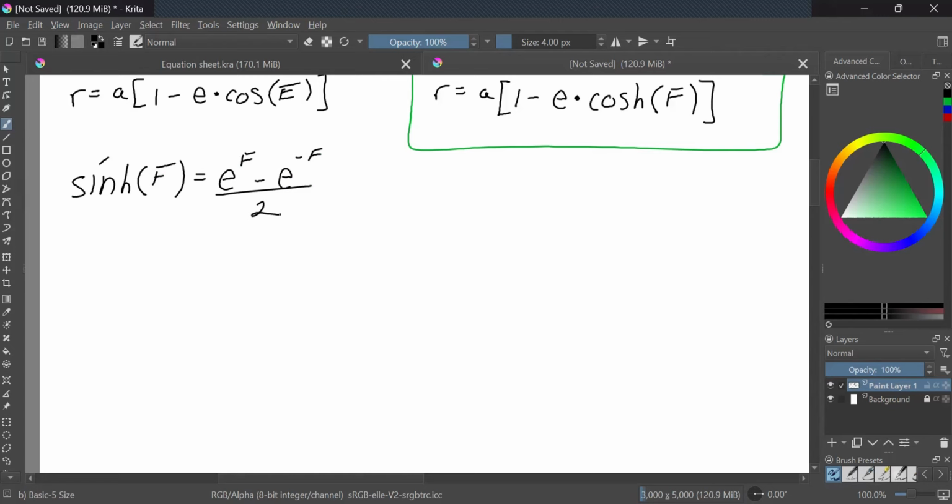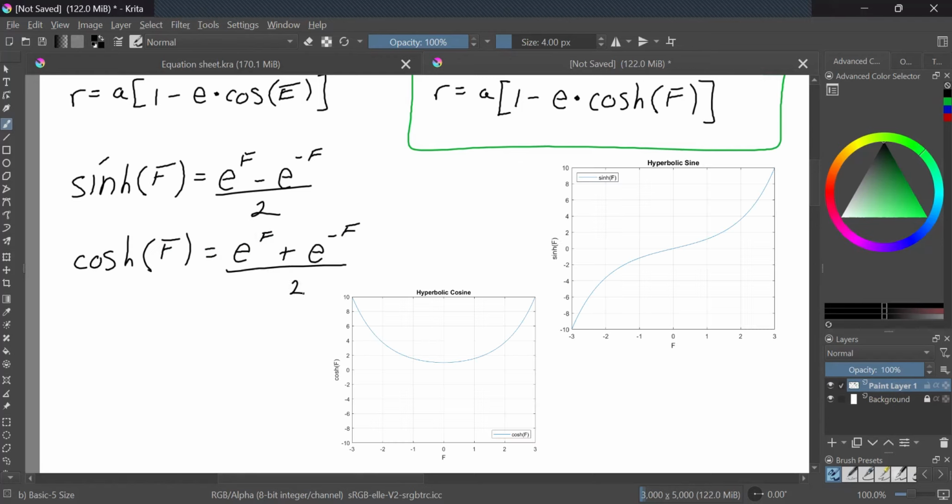We have the hyperbolic cosine of f, which is e to the f plus e to the minus f over 2. And so, as you can tell from the graphic that I will put up on the screen later, thank you, future me,